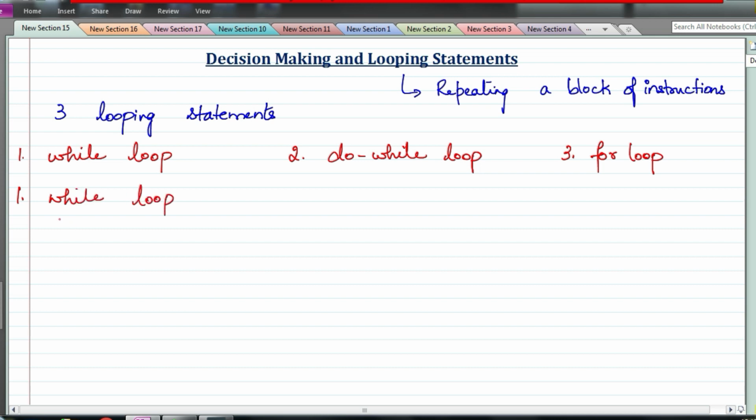I'll first write the syntax for the while loop. This is the format in which it is supposed to be written. First we have to use a variable here, and that variable needs to be initialized. So we write the variable initialization before the loop.